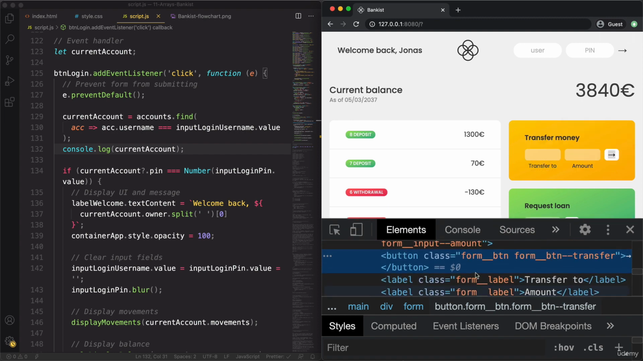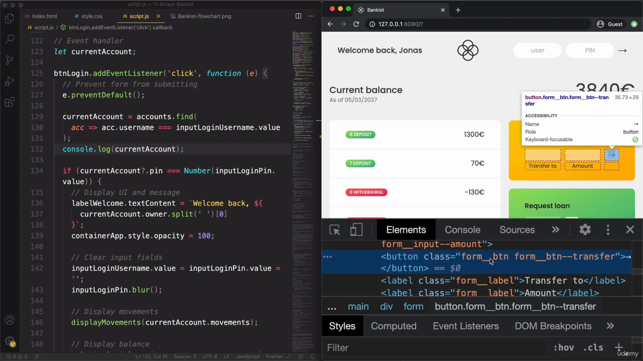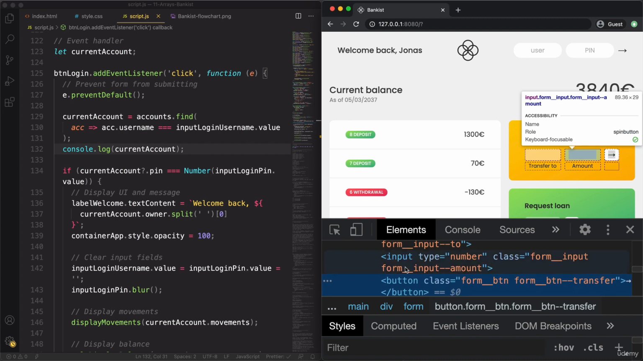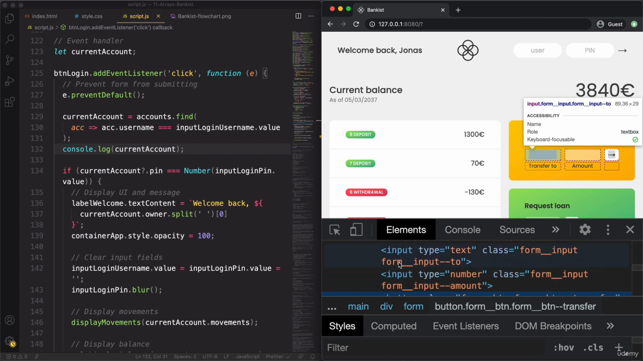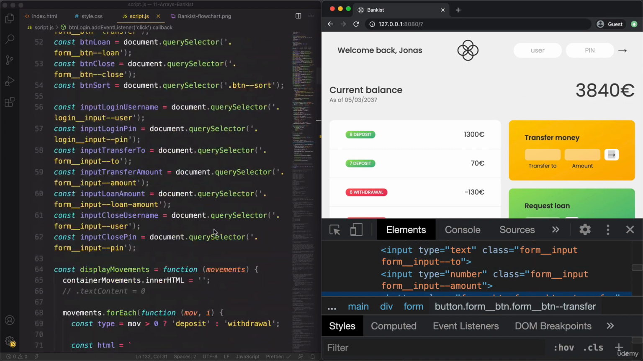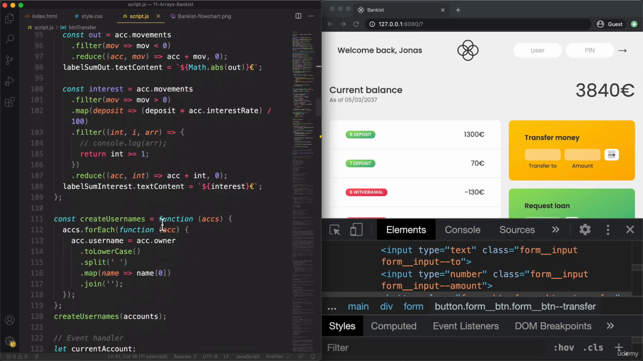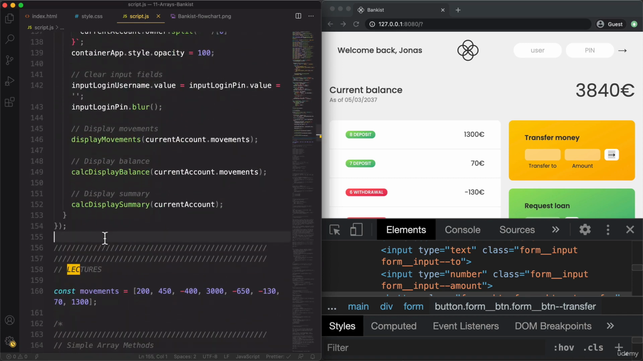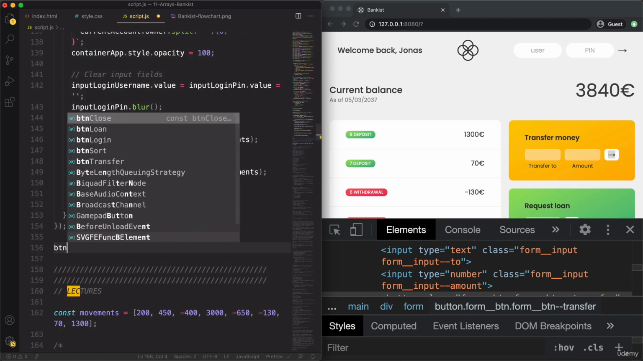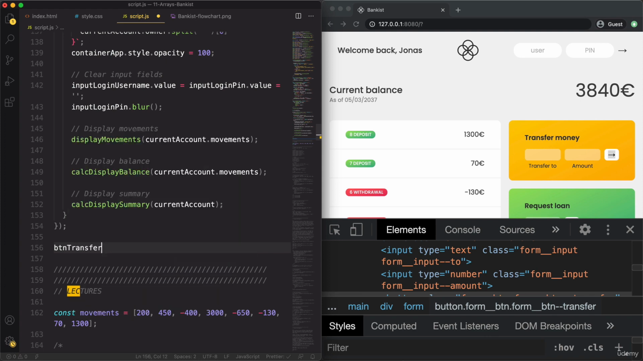Let's start by taking a look at this element. It is the button form, and then we will take our values from form input amount and form input to. So that's input transfer to and input transfer amount. And the button is button transfer. As always, I already selected them here beforehand. So let's use button transfer dot addEventListener